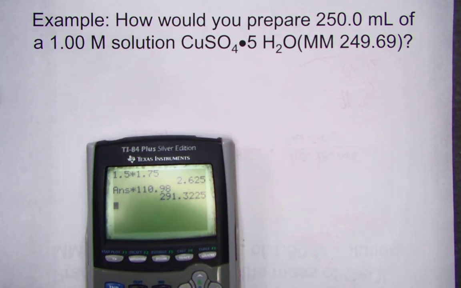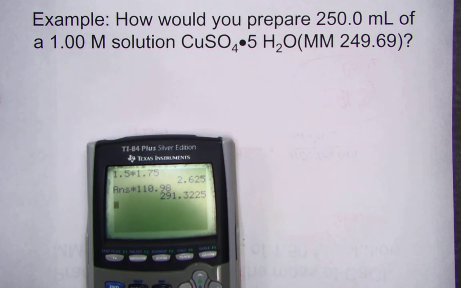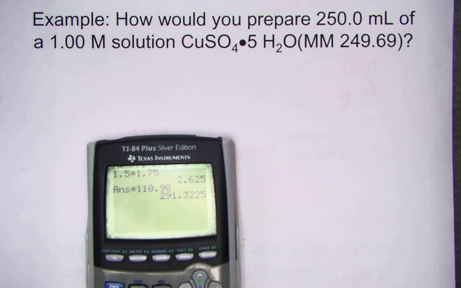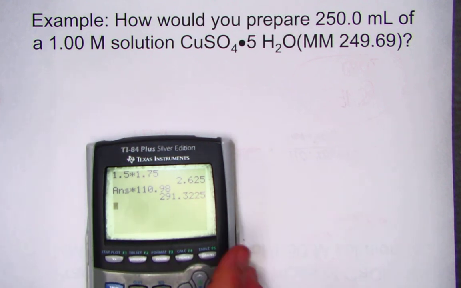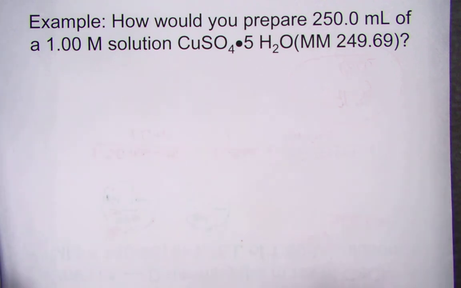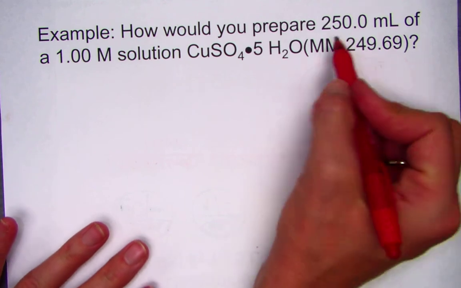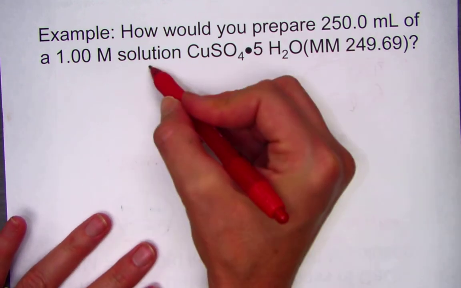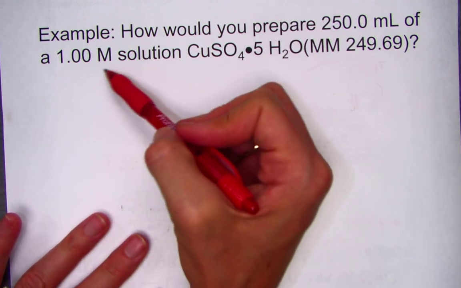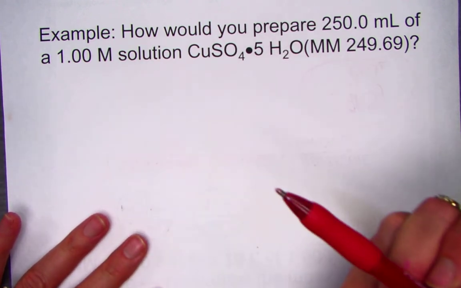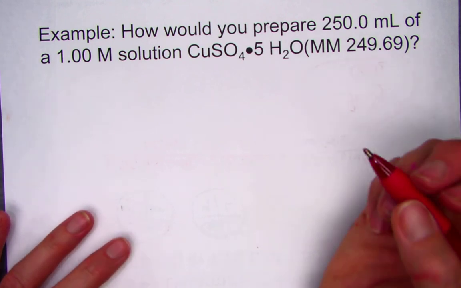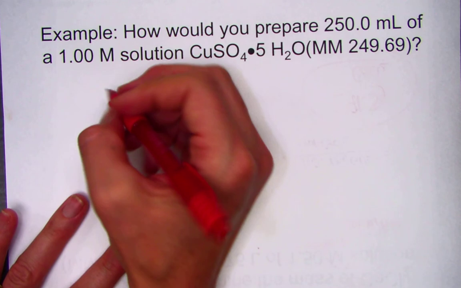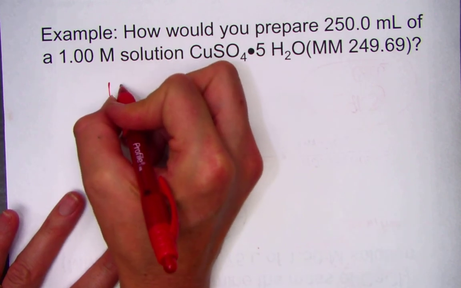How would you prepare 250 ml of a 1 molar copper 2 sulfate pentahydrate solution? It's asking me very similar to that picture we looked at a moment ago. How much would you weigh out to dissolve into 250 mils to get a 1 molar solution? So let's go to work calculating. We want a total volume of 250 mils. 1 molar means in every liter, there's 1 mole of copper 2 sulfate. So let's begin by just setting a comparison. If 1 molar solution,